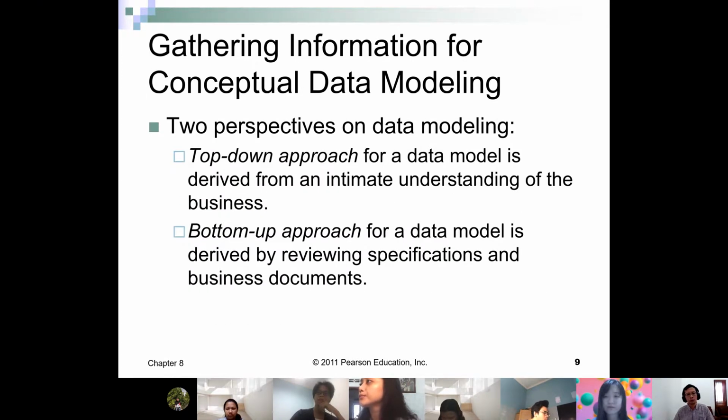How do we model the data? There are two approaches, top-down and bottom-up. But I'll give you another example that will probably make it easier to create a data model. First, we will use the input-process-output diagram. If you remember, a system has data as an input, which is processed, and then produces information as the output. So we start from the information as the output, and then go back to the data required for creating that information.